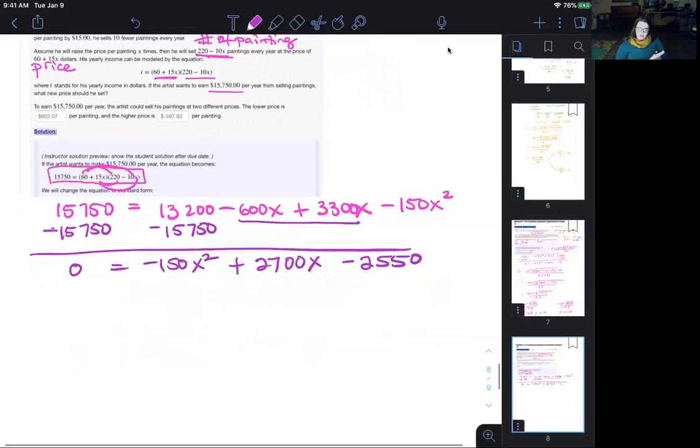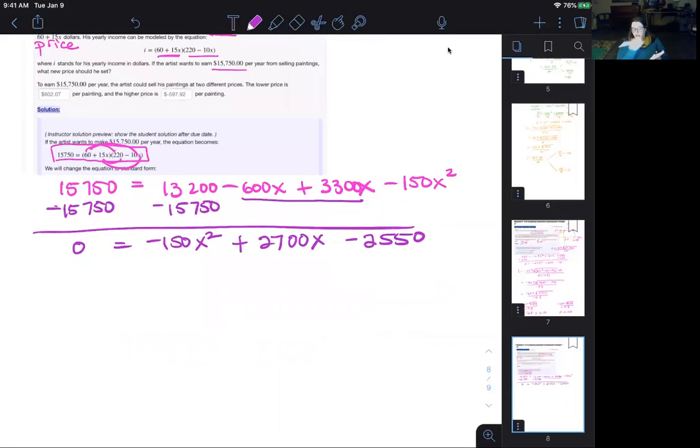And that gives us negative 2,550. Now I can tell everything is definitely divisible by 10, and possibly everything could be divisible even by that leading coefficient, the negative 150. If it's all evenly divisible, then that just is going to make my numbers smaller to work with. So let me just actually see. Yes, 2,700 divided by 150. Okay, so if I divide everything by negative 150,